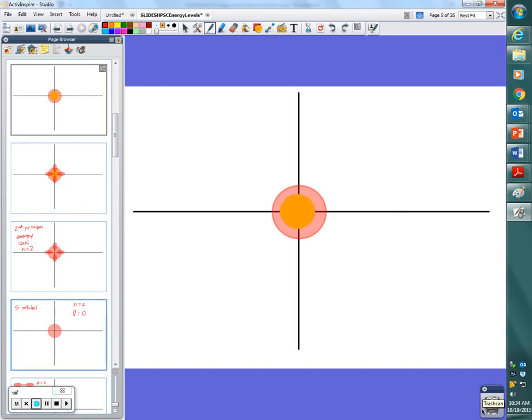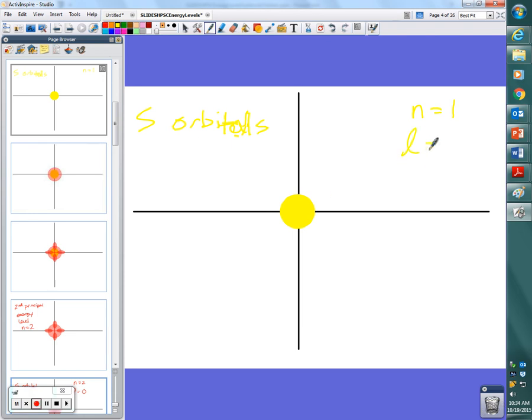And then yellow sphere, because it's a sphere, L equals 0, but now it's different from the other ones because it has a different n value, or a principal quantum number. Okay? Good so far? Spheres are always zeros. Okay? But there are different shapes that we drew, right? For instance,